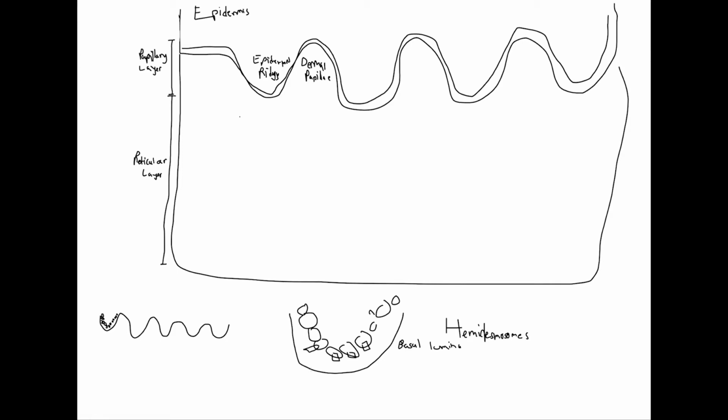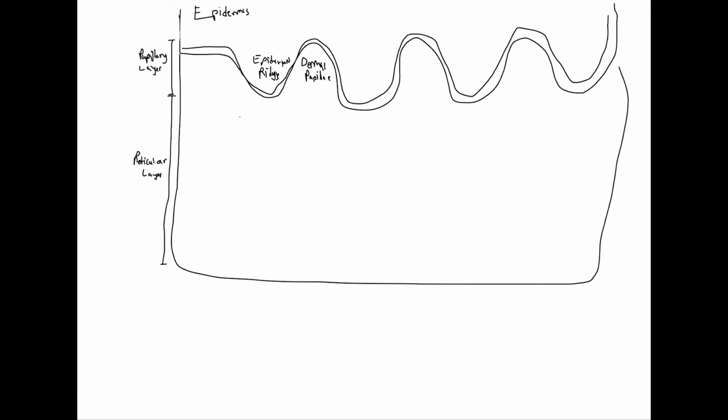So it's going to be underneath these lower cells, and these hemidesmosomes are going to attach these cells to this basal lamina, and it's going to keep these lower cells of the epidermis anchored in place, or it's going to help to keep them in place. So that's hemidesmosomes and how the epidermis, well, part of the reason the epidermis stays in place and is anchored to the same place relative to the dermis. Okay,